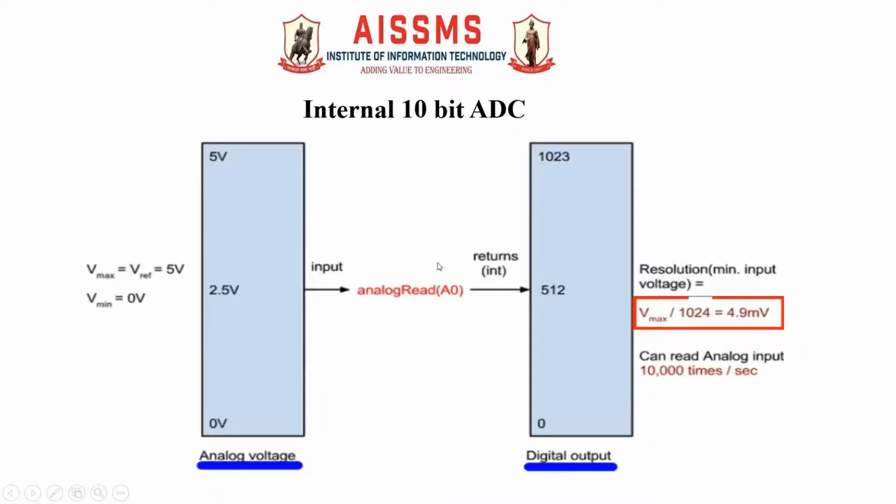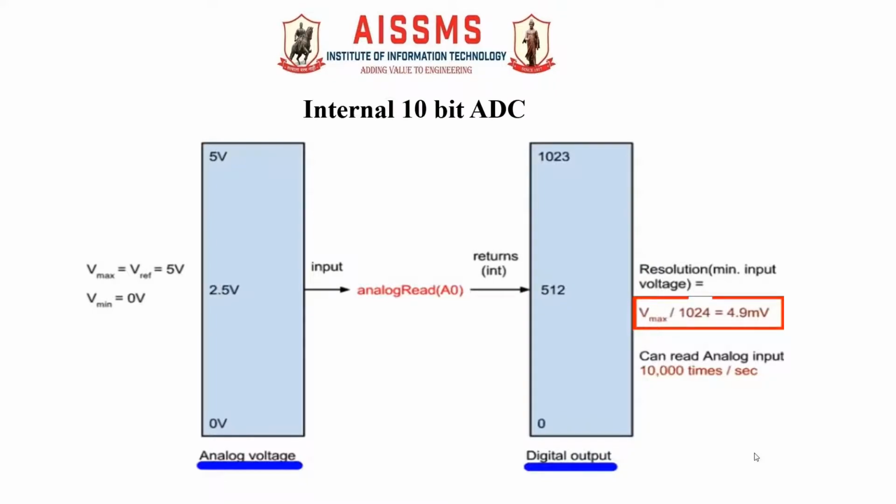Now we know that internally in Arduino board there is an analog input A0, and that analog input A0 will be converted into digital by using the internal 10-bit ADC, whose resolution is V max divided by 1024, which is equal to 4.9 millivolt. Means for 1 bit change, the voltage change will be 4.9 millivolt, and it can read analog input 10,000 times